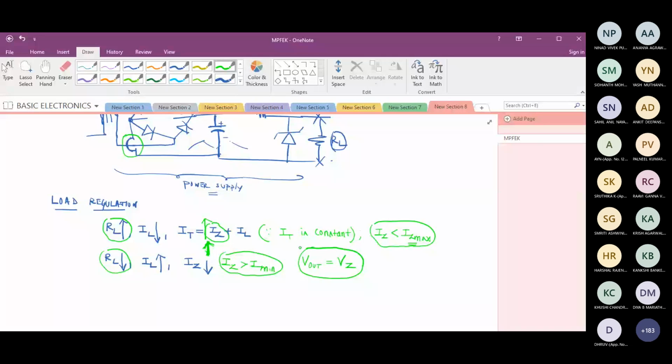Will you allow me to speak? Please allow me to speak. I want to convey something to you, and once I say yes, then you can speak up. There are some special types of diodes in the notes. Those diodes I am not going to do. On each diode, there is a paragraph written. I'm not going to explain the physics part and all. You can just go through it.